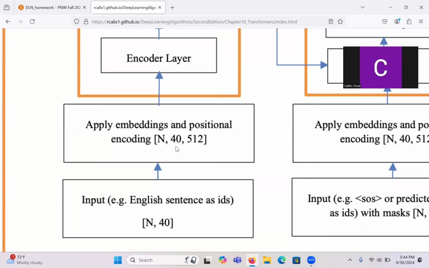Does that make sense? So the best way, in my opinion, to understand transformers is to think of them as tensors. Think of the key name: transformation. So what is happening now is that I started at n by 40 and created n by 40 by 512. You might have other questions. For instance, these embeddings, where are they coming from? Well, these embeddings are actually learned by the transformer.